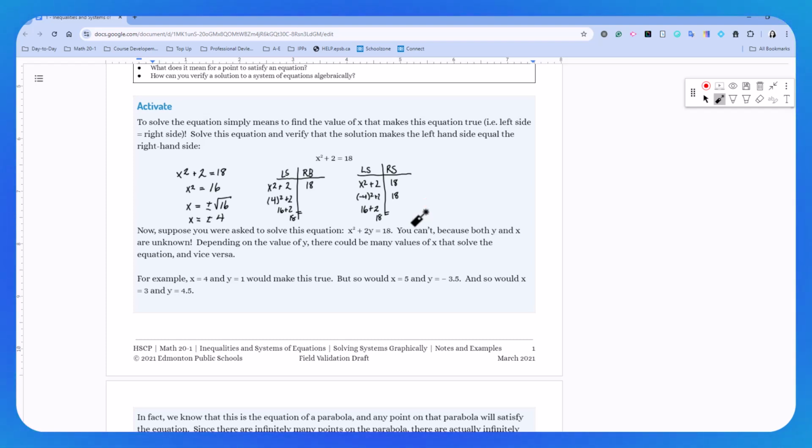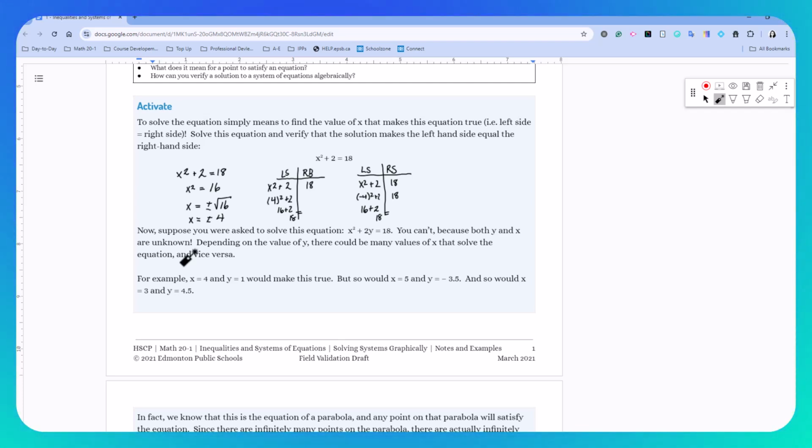Now, suppose you were asked to solve this equation, x squared plus 2y equals 18. Well, you can't, because both y and x are unknown. We don't know two things, and we have nothing to compare it to figure out the other one. So what does this mean? It means that depending on a value of y, there could be many values of x that solve the equation